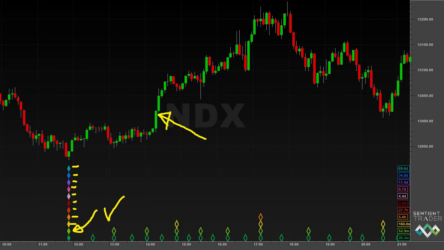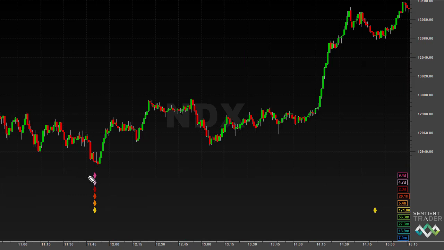To really drive this point home, let's take a look at a 1-minute chart. Here is a 1-minute chart of that same 80-day cycle trough. A few points to make here. Why do we not see an 80-day cycle diamond underneath this part of the chart? The reason for that is because on a 1-minute chart you would have a stack of diamonds that would probably fill up so much of your chart that you can't really even see the price action. And so it simply truncates the stack of diamonds that is displaying the foot of the chart.